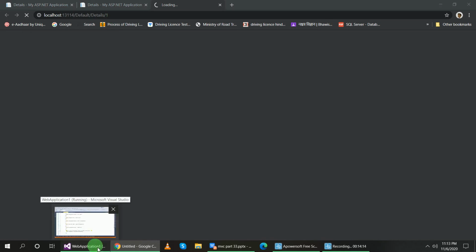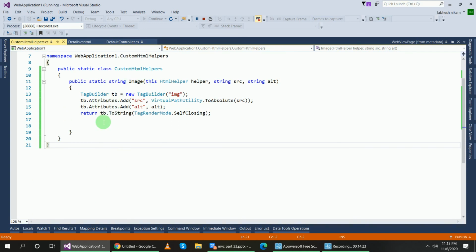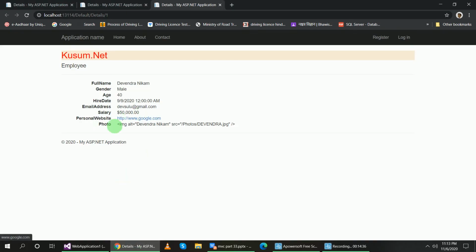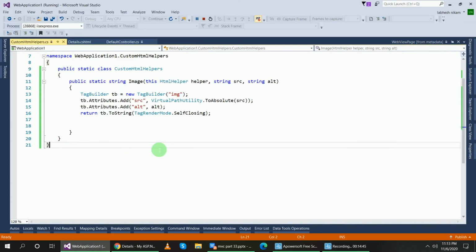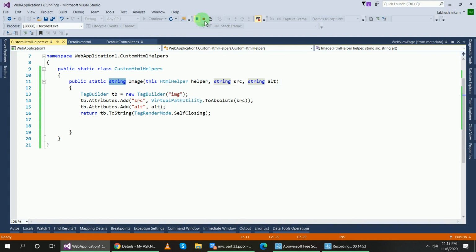You cannot pass this string to IHtmlString, but that IHtmlString will return an interface, whereas this string will not return an interface, but it will return an encoded string. So you can see here in place of the photo you get this encoded string, right? So it is recommended that you use IHtmlString in place of string, right?